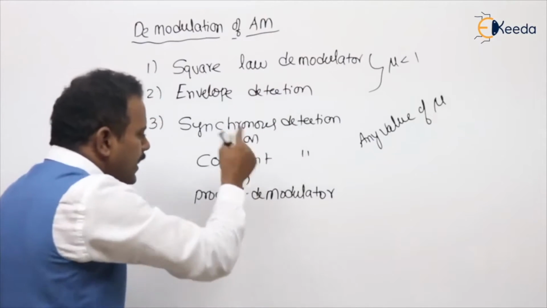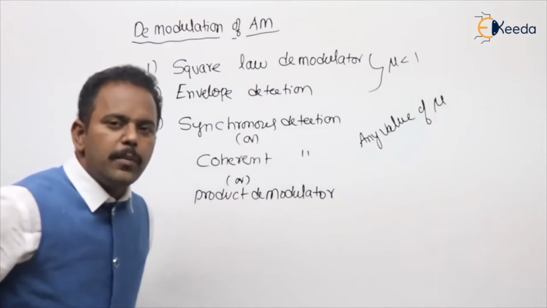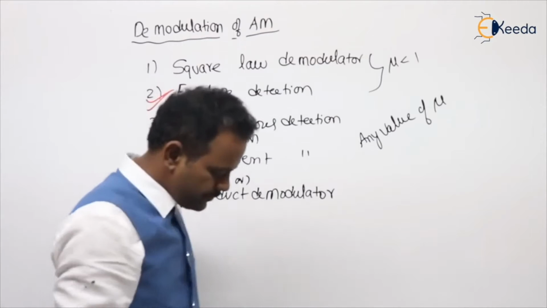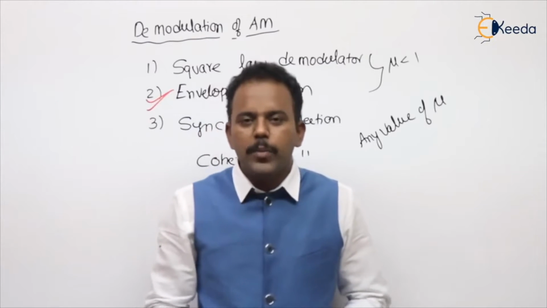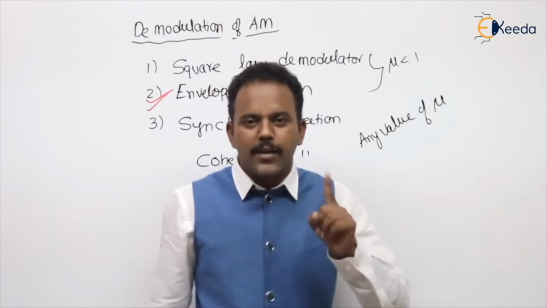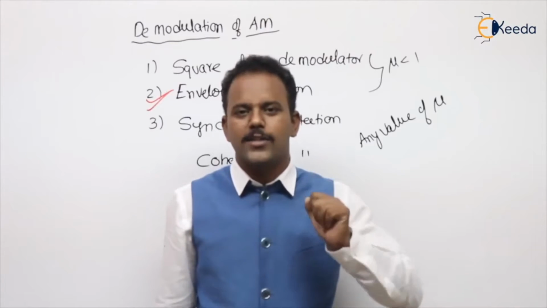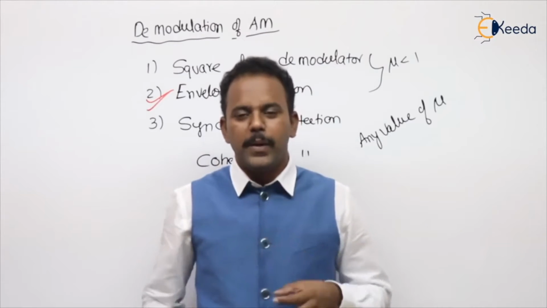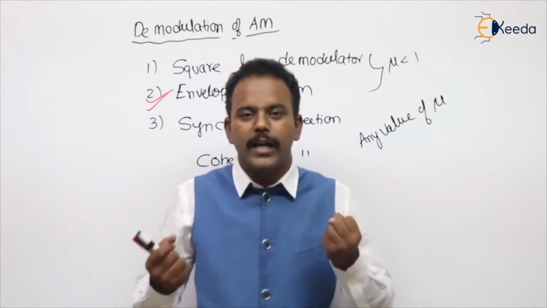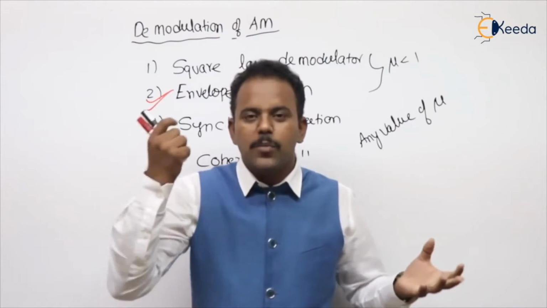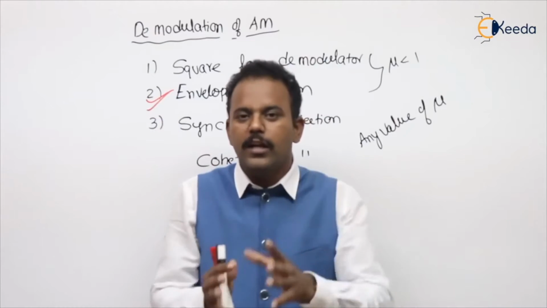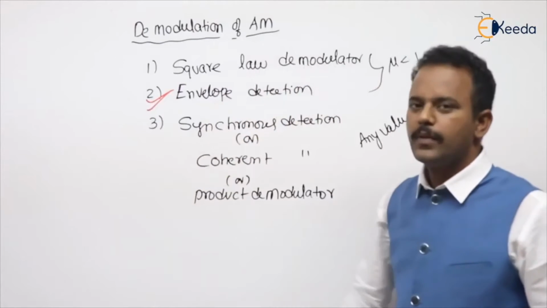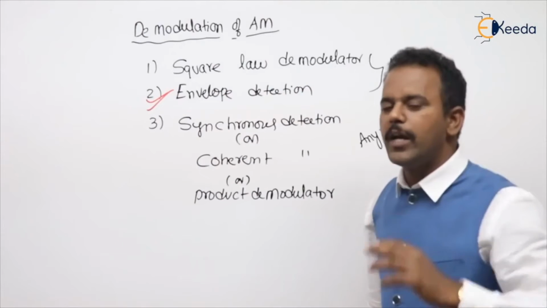Anyhow, out of the three, what is the preferred one for demodulation of AM, sir? The preferred one for demodulation of AM is envelope detection. Why, sir? Why is envelope detection preferred? Because envelope detection is a simple and less cost circuit. Because where we are using amplitude modulation is in AM radio. Radio means broadcasting. Number of transmitters is 1, receivers are huge. Receiver means demodulator circuit. I can say each and every mobile is one demodulator.